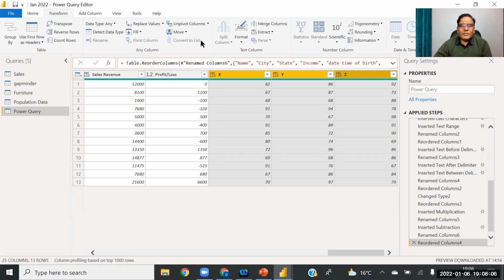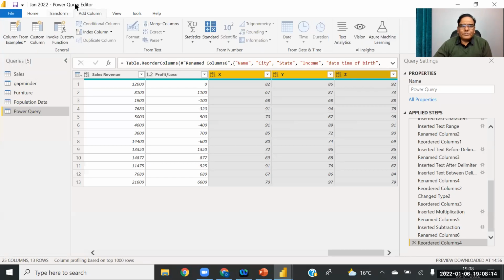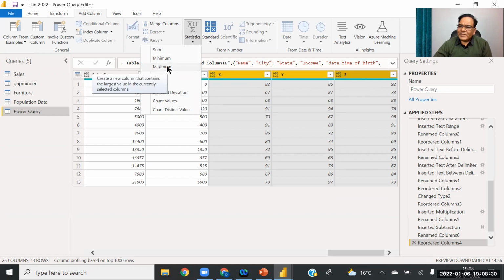and going to the statistical function, and clicking on add column, because I want to create new columns. Add column, statistical function, sum. If I click on the sum, the new column will show me the sum, the minimum of the three, maximum of the three, median of the three, average of the three, standard deviation, count, like this. So I'm showing you just some of them. Suppose average.